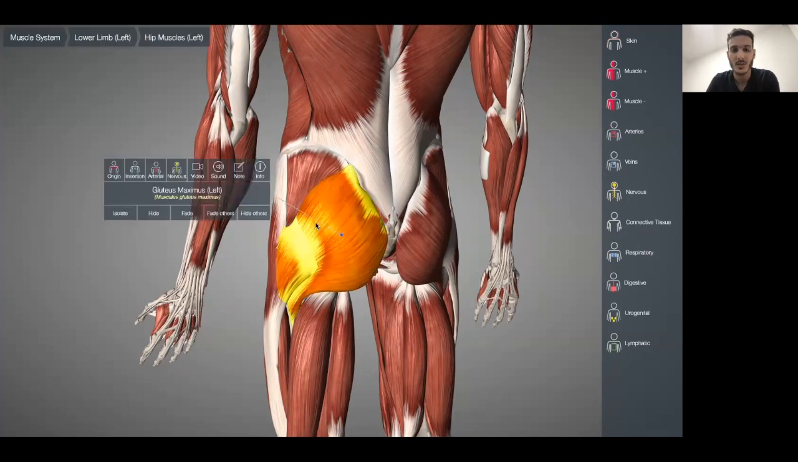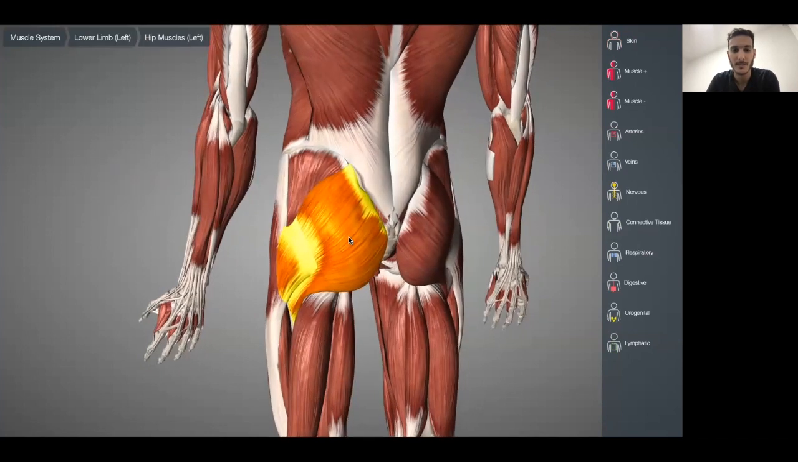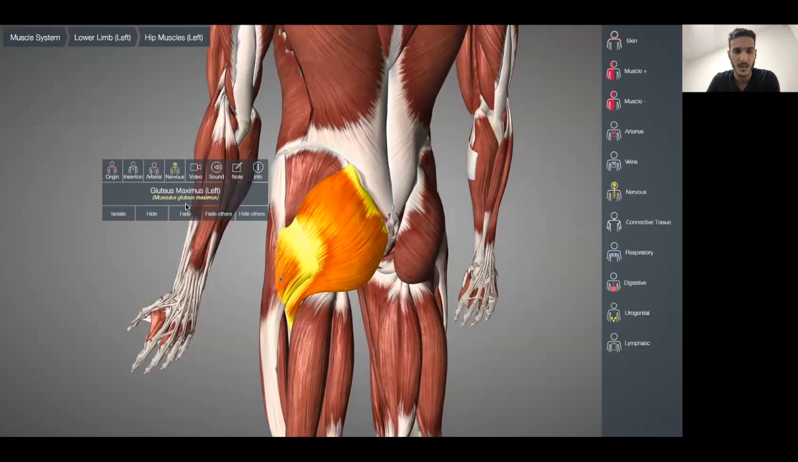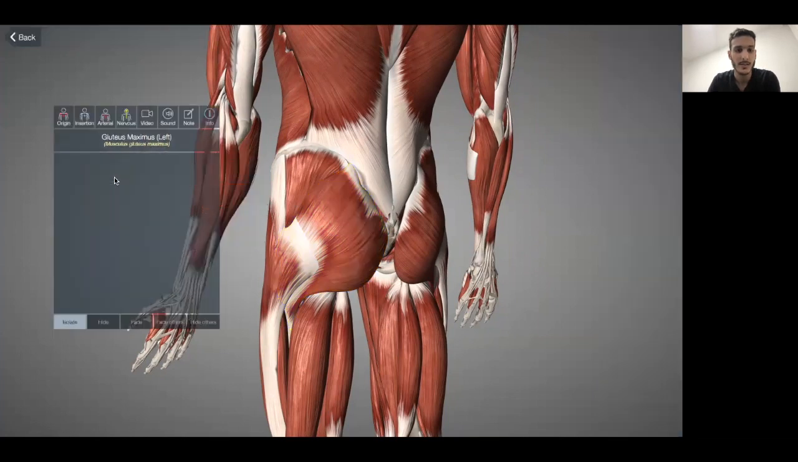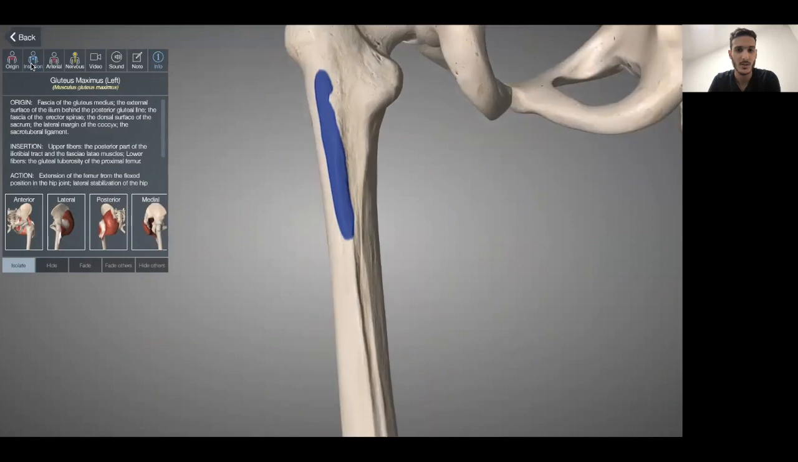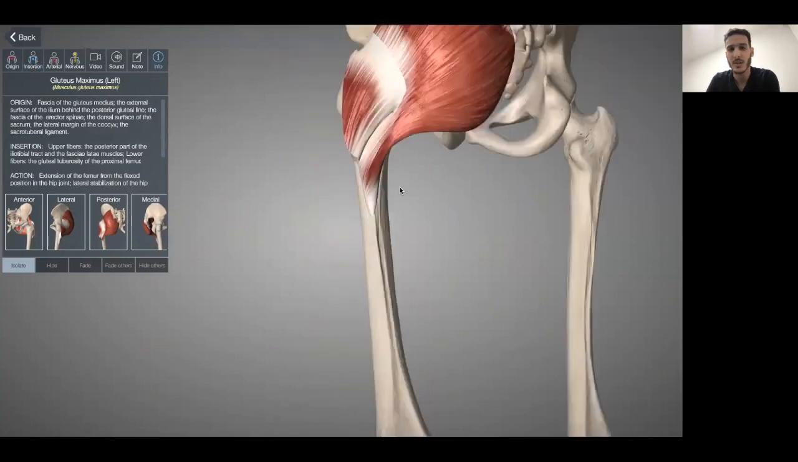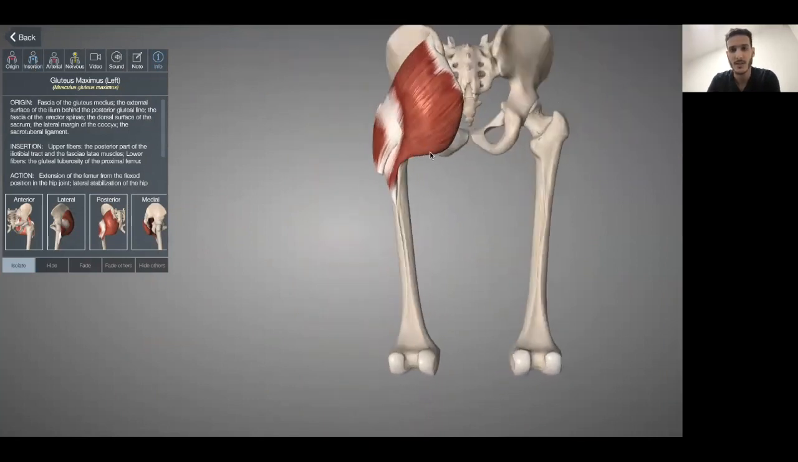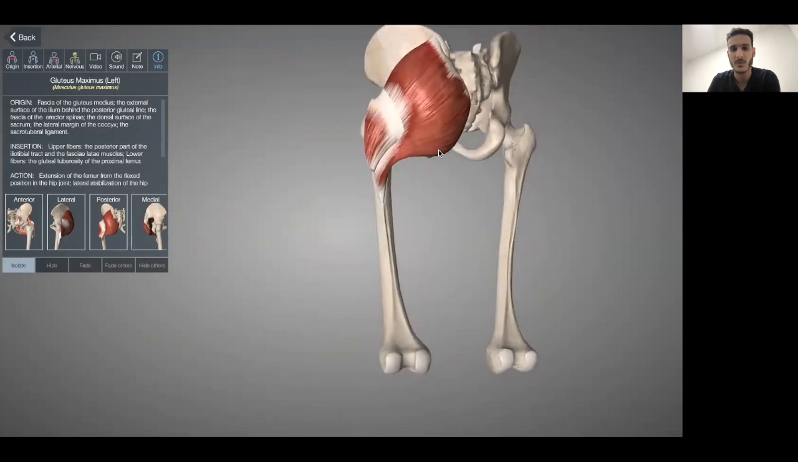Okay, so this one right here is called the Gluteus Maximus. I don't know, maybe you guys have heard of this before. It's the most superficial muscle and the largest of all. And some general information about it. So if we can get to look at it first. So this is it. As a muscle right here, it originates from